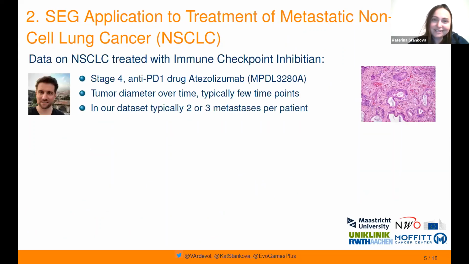And with that, we somehow started a collaboration with Jakob Nicolas Katre from University Clinic Aachen, who has data on non-small cell lung cancer treated with immune checkpoint inhibition. All patients are stage 4, all received the same treatment. And the only thing which he gave us so far, I hope he will give us more, is a tumor diameter